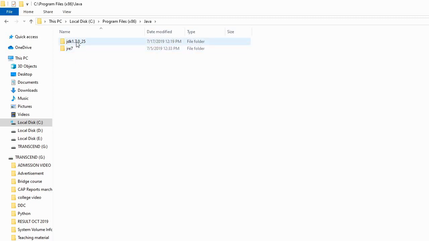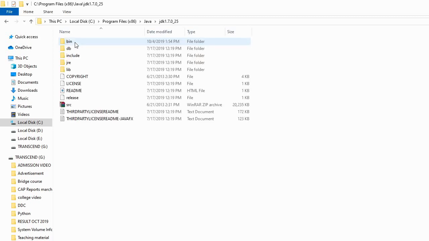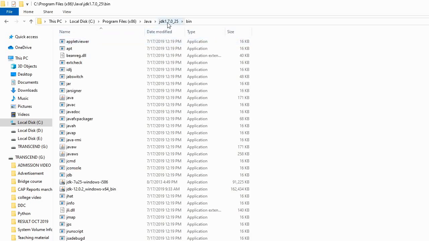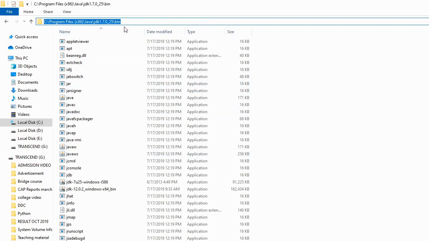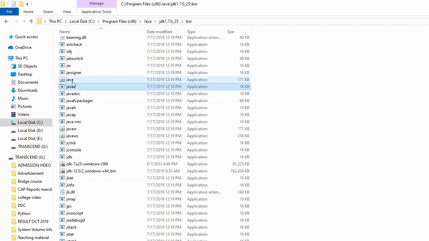Okay. One thing that you have to remember is the path of the bin folder. What is this bin folder? In the JDK folder, there is a bin folder where all your executables, meaning your Java compiler and Java interpreter, are stored. Okay, you need this path. So just copy this path, right click and copy. Okay, you need this path later on. So I'm just copying right now. Here you can see two files, javac and this java. Okay, this javac is called the Java compiler and this java is called the Java interpreter.